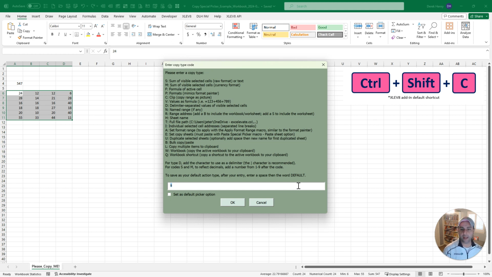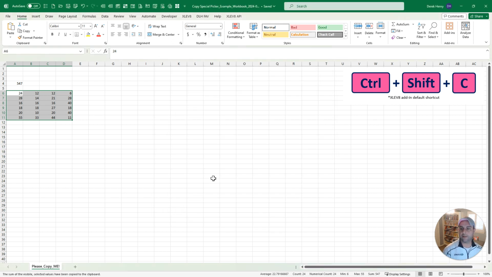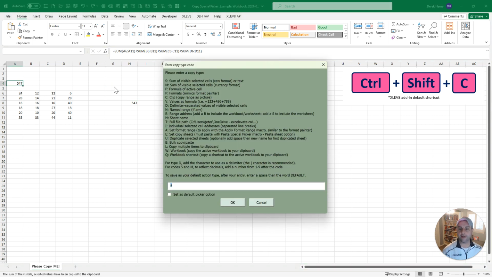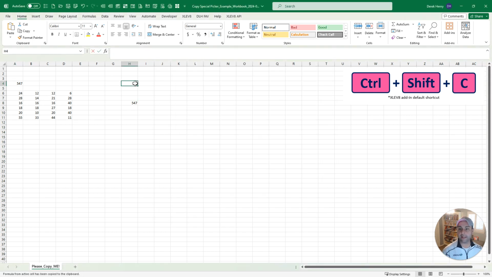Things like type S on my default here to copy the sum of the selected cells over here into your clipboard. So you can put that in an email or wherever else you want. If you want to copy the formula of the cell, that's option F. Okay, so we can copy that as text and then put it wherever without having to worry about the absolute